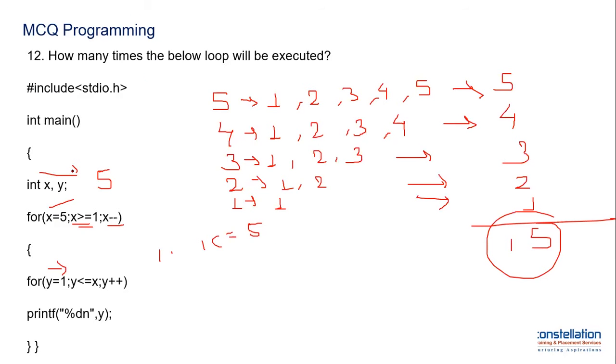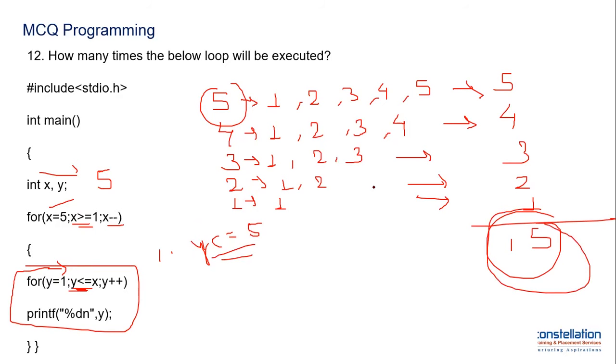Okay, how did we do that? We took a dry run. So it's starting, the x is starting from 5. So for 5 times this inner loop will run, right? And then it will become 4. So again, 4 times it is going to run because y less than or equal to x is the condition, right? Y less than or equal to 5 is the condition given over here. So it will run 5 times, and 4 times, and 3 times, and 2 times, finally 1 time. Okay, so total of 15 times.